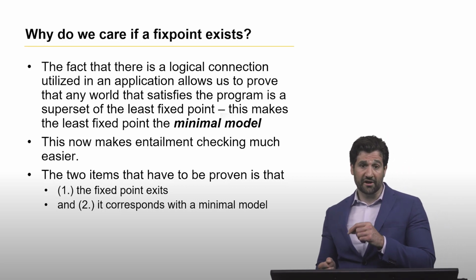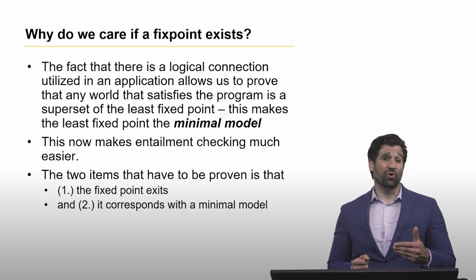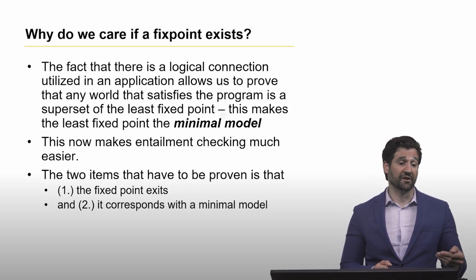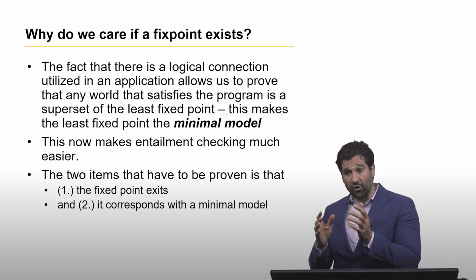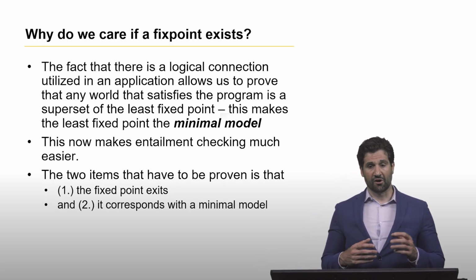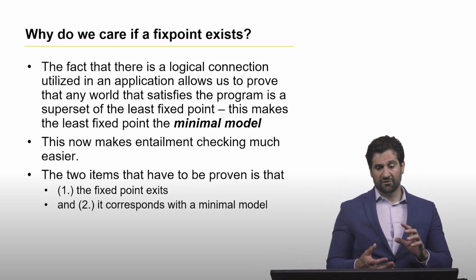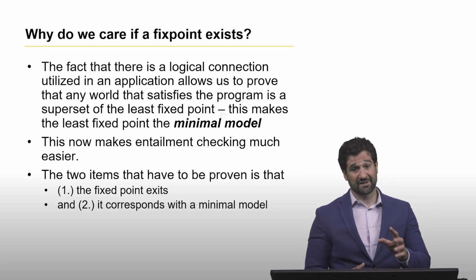If you remove any of those elements from the output of the fixed point operator, that world no longer satisfies everything, because there's always one more rule that still needs to be applied. So we know that if there is a fixed point, it must be a minimal model, based on this